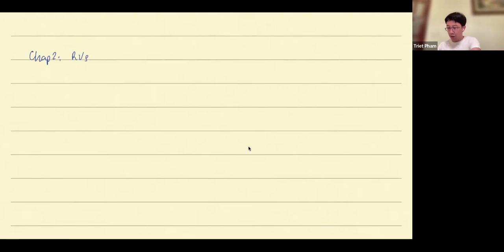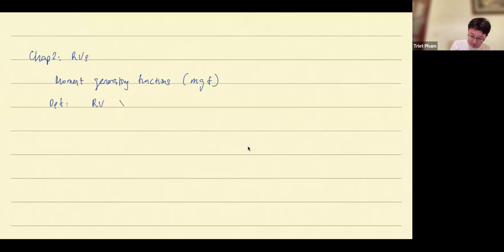And the topic that we were discussing was the moment-generating function, or MGF. So the first thing is that the moment-generating function of a random variable X